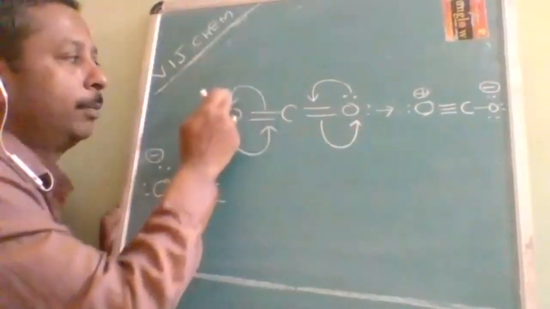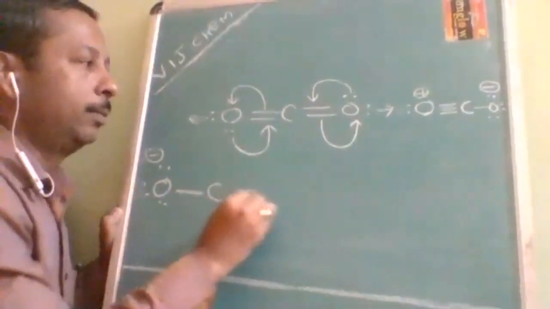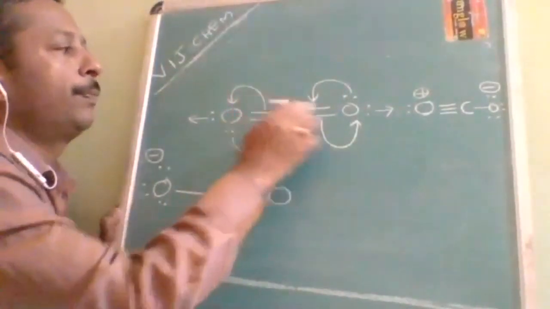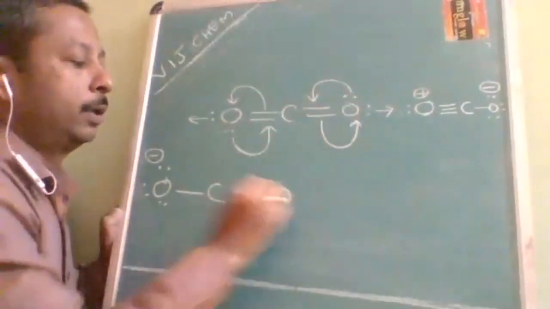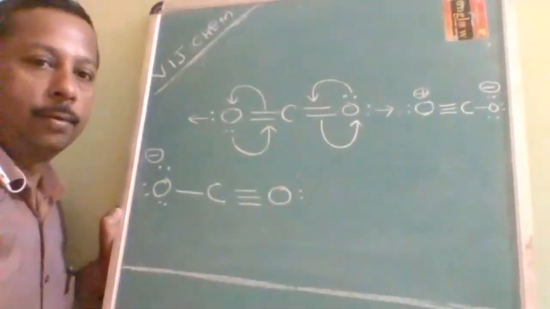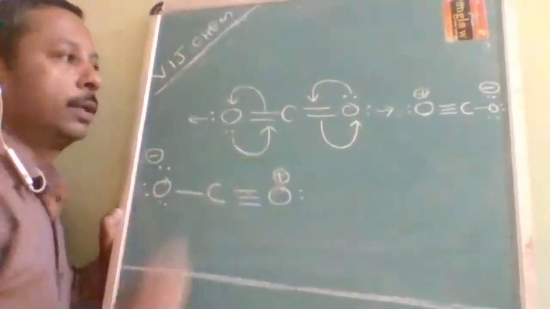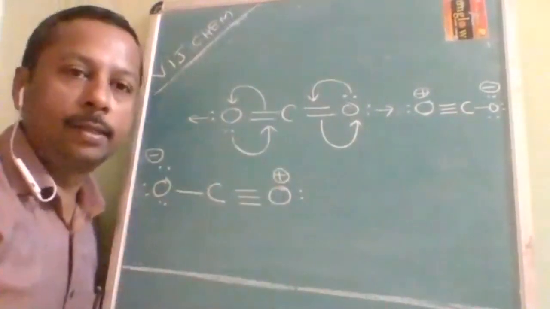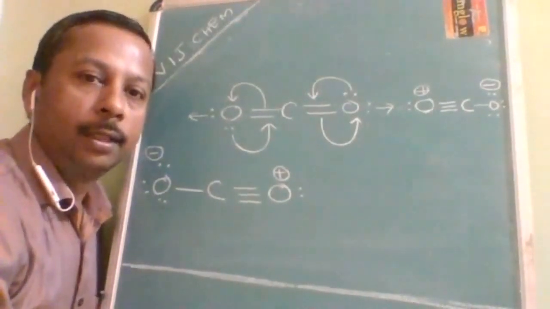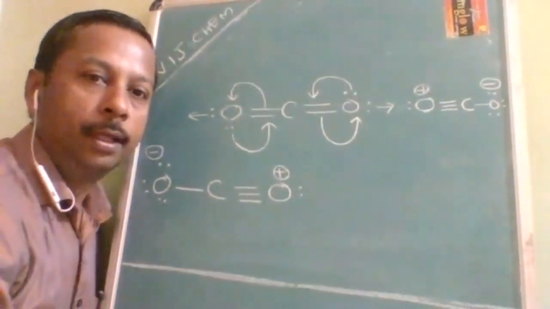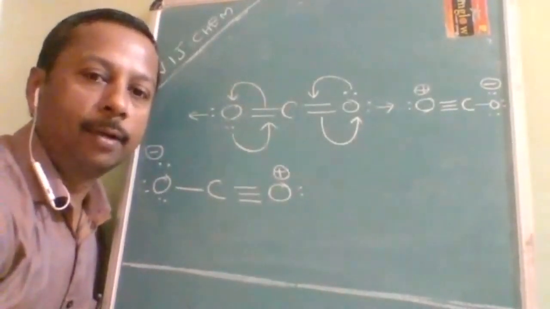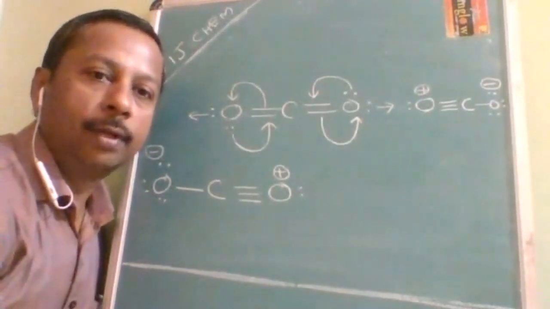So this pi bond will be converted here and this will be a triple bond, and this is going to be like this. Because there is one more bond, the lone pair is converted to a pi bond. So because of this, how many electrons will be there? Only one lone pair. So this is going to get positive charge. So these are the three resonating structures possible in carbon dioxide. I hope all of you understood how to draw the resonating structures. If resonating structures are given, how to find out the formal charge. I think everybody understood.